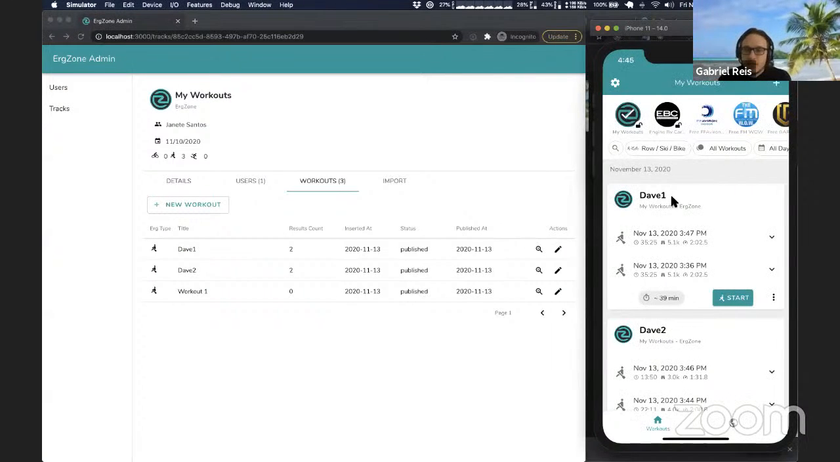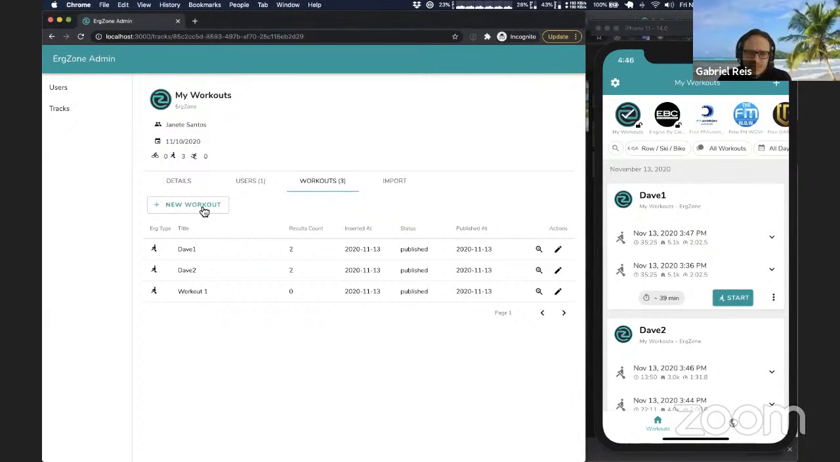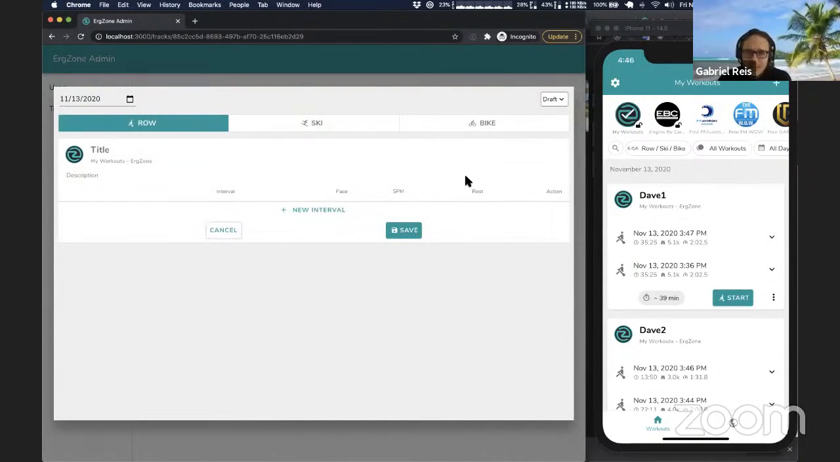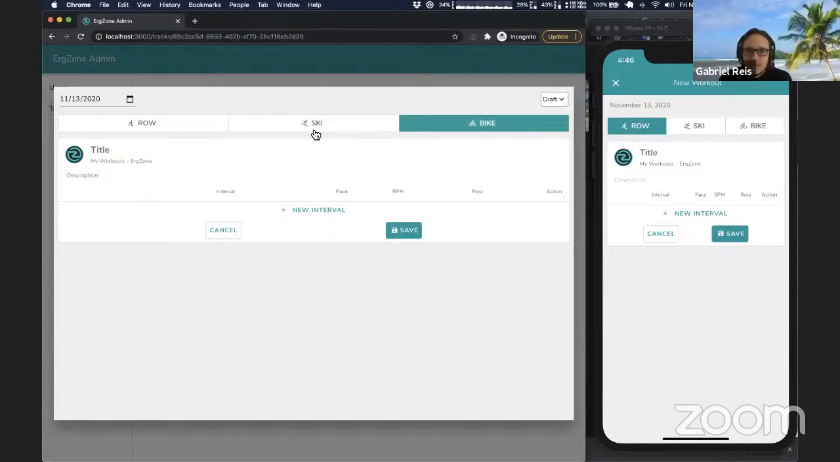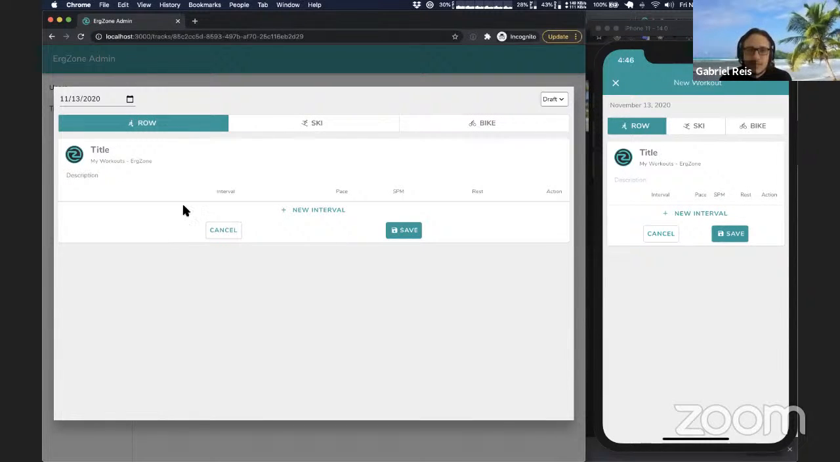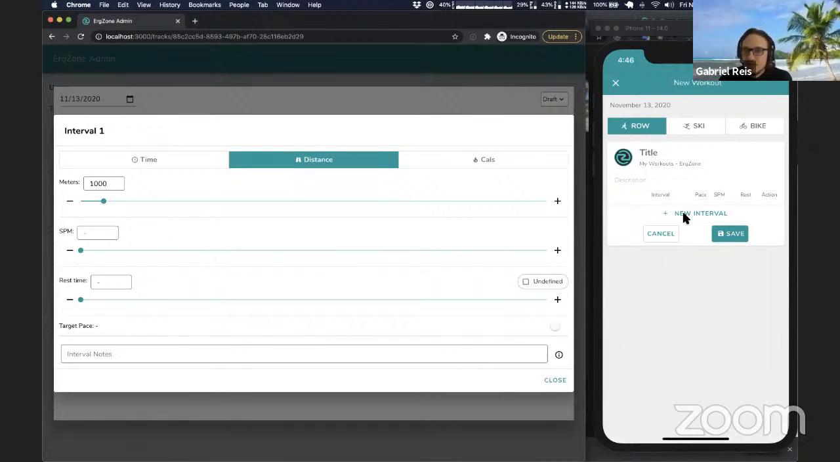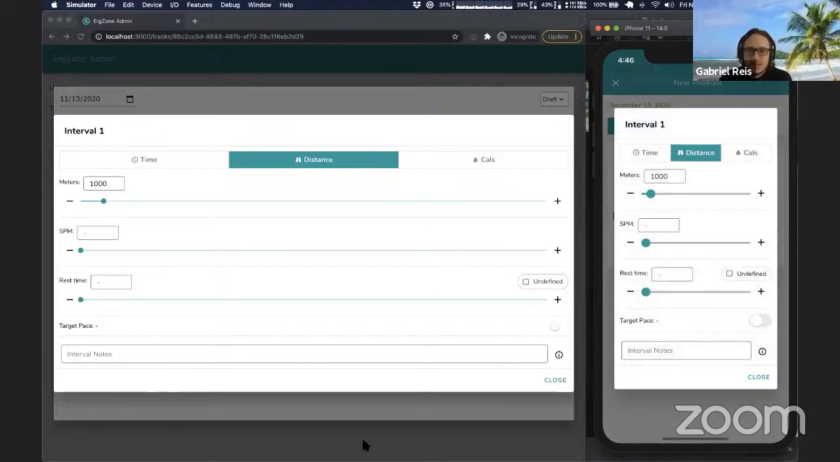So here, I had this button here, new workout. I click here, it displays almost the same UI as we see here. So I have the segmented control here, the same as there. I can click new interval. It displays the same thing. And so that's pretty cool, right? So I can bring stuff, but